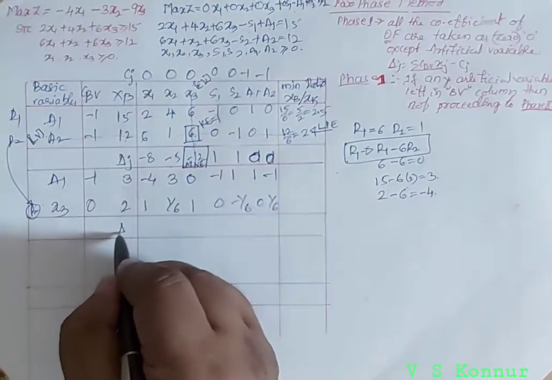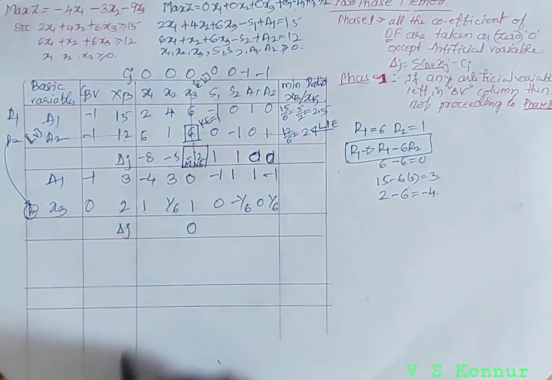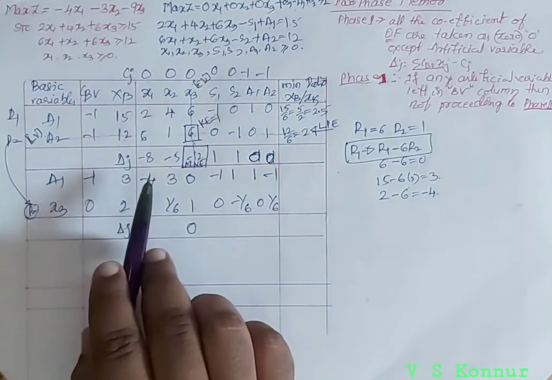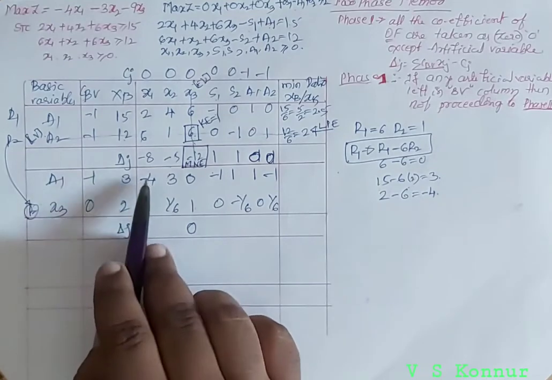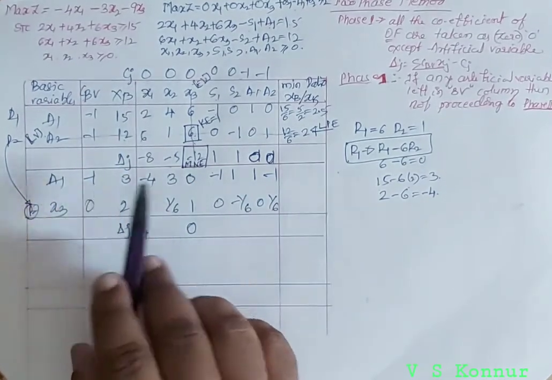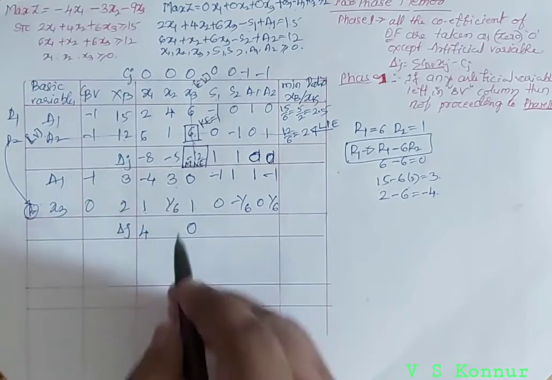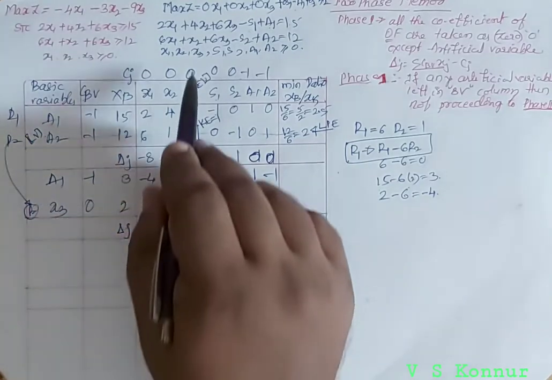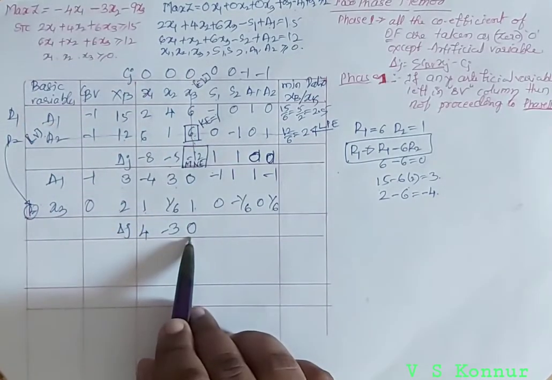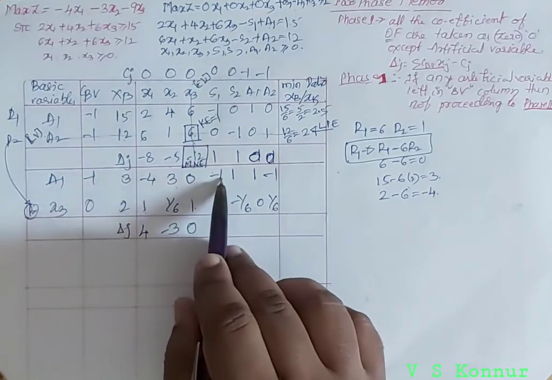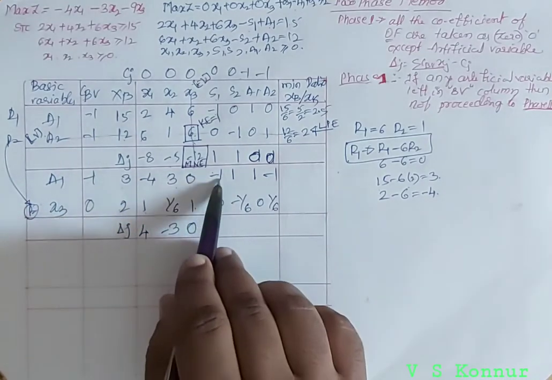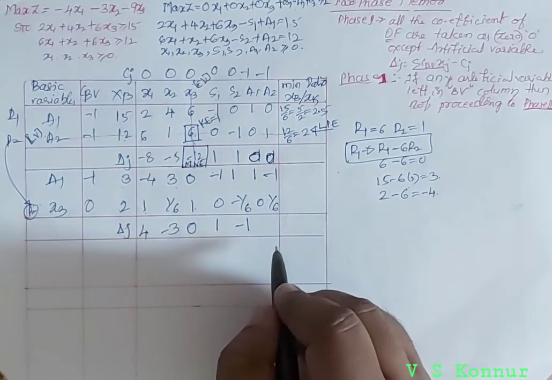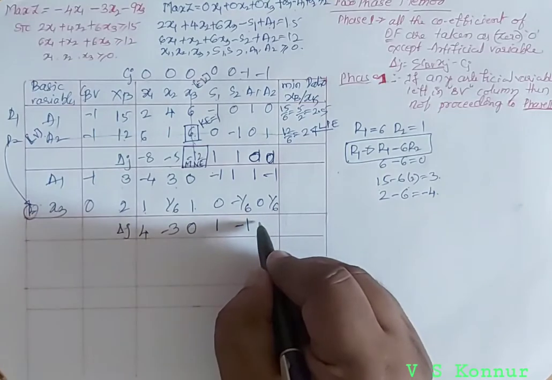Now we should calculate the delta Z, and the other elements in that column should be made 0. We get this by using the delta Z formula. Minus 1 into minus 4 is plus 4, plus 4 minus 0, 4 we will get. Minus 3, 0, minus 3 we will get here. Next 0, 0, 0 directly. Next minus into minus is plus, 0, 1, we get 1 here. In the same way we calculate, minus 1 here, 0, 2.